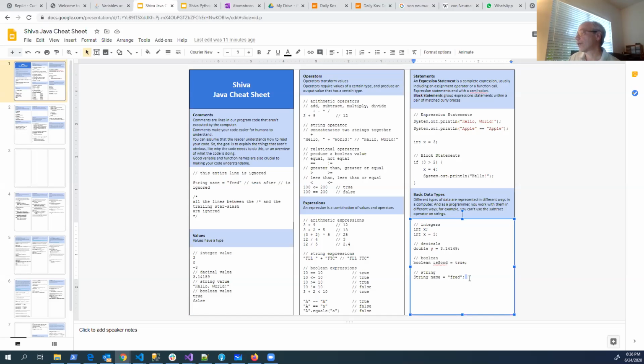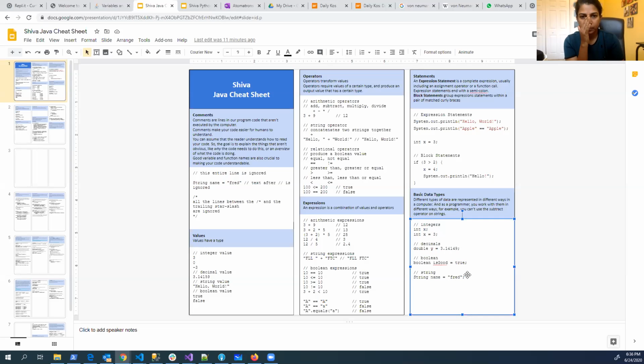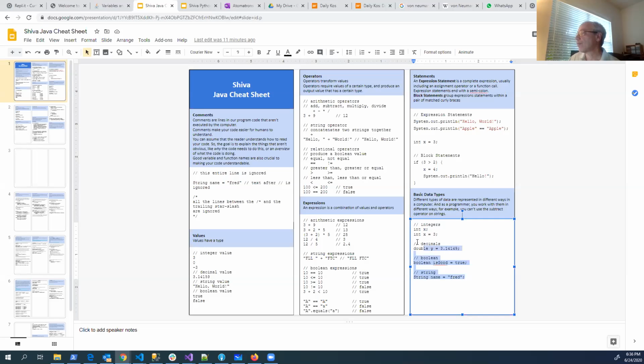Now, we've already kind of talked about this, the basic data types. Python and Java both, like pretty much all programming languages, have a concept of type, right? Different data is represented in different ways in the computer. Hopefully we'll get into how they get represented in a lesson, not today though. But they're just represented differently.